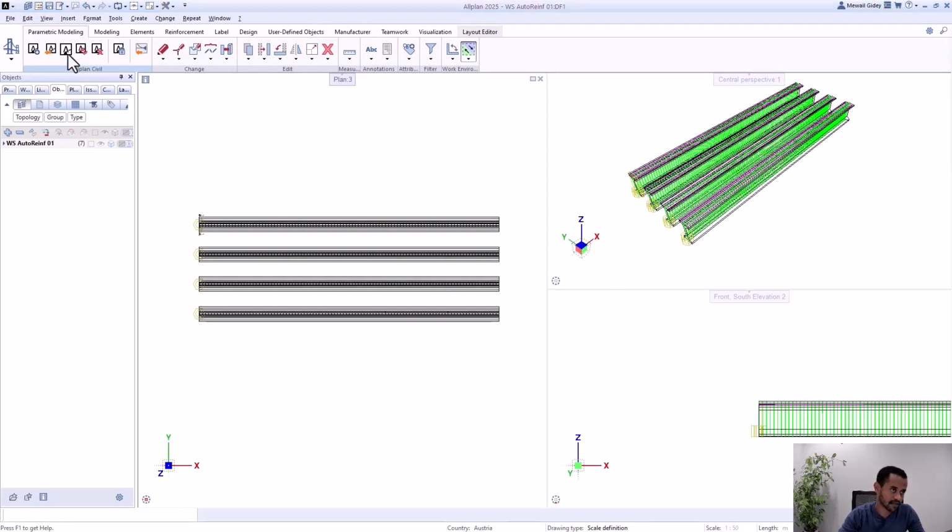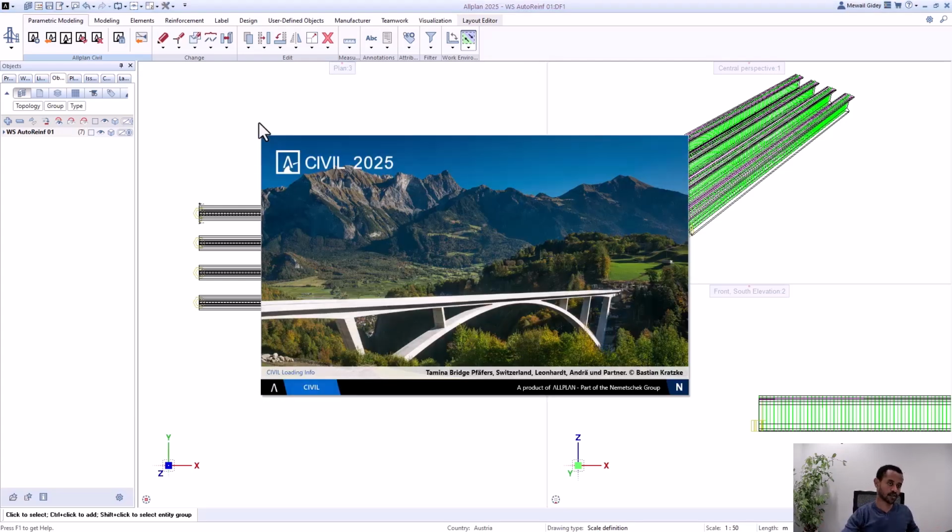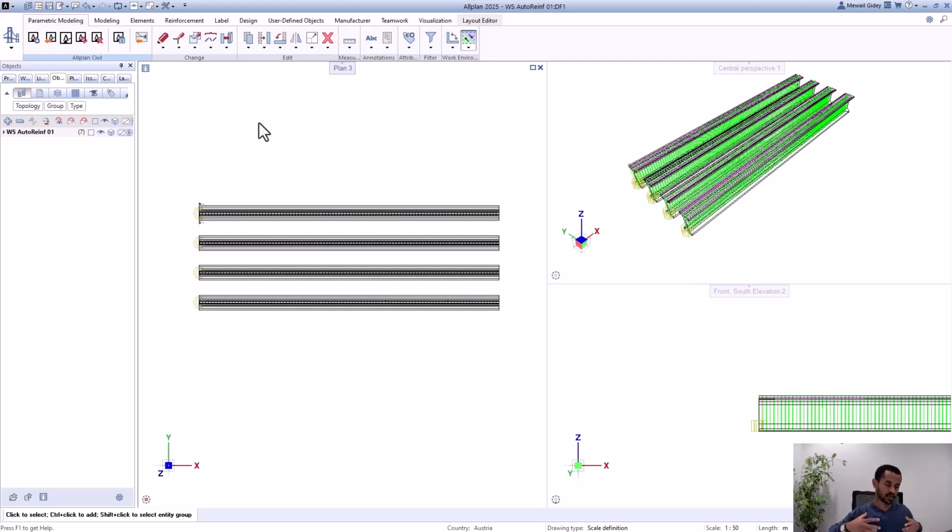If I just open ALLPLAN Civil again, what I want to show you is that we might have different lengths or even change the whole lengths. What we expect is for the reinforcement definition to work in all of them, because we're defining it from the cross-section level, the cross-section that we want to use. And we could do that if I go back to my structure here